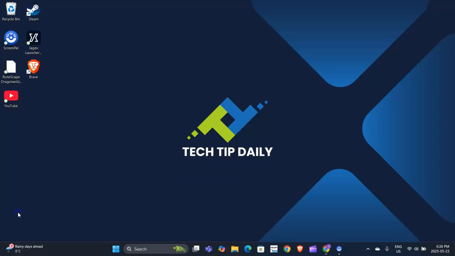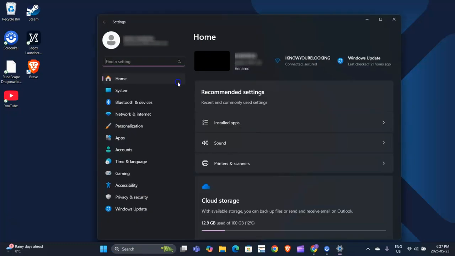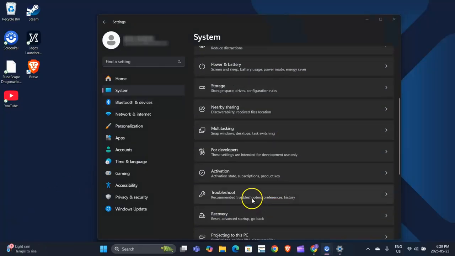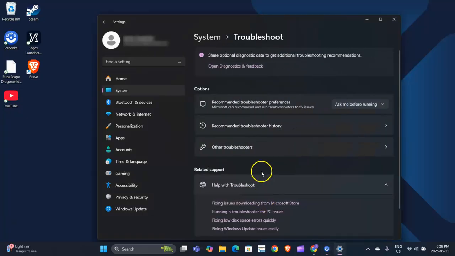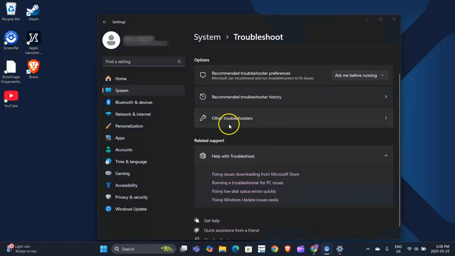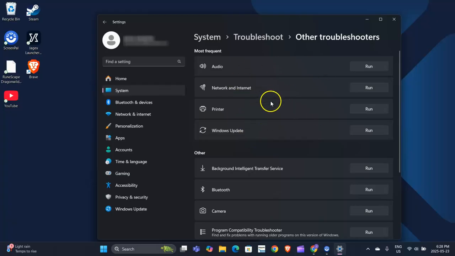The next thing you can do is go down to the search bar and type in Settings. Click the Settings button. Then once in Settings, go to System. And from System, you'll want to scroll down to Troubleshoot. Click Troubleshoot. And then in Troubleshoot, scroll down to Other Troubleshooters. Click that. And then once in the Other Troubleshooter section, what I'd recommend doing is running a diagnostics on your